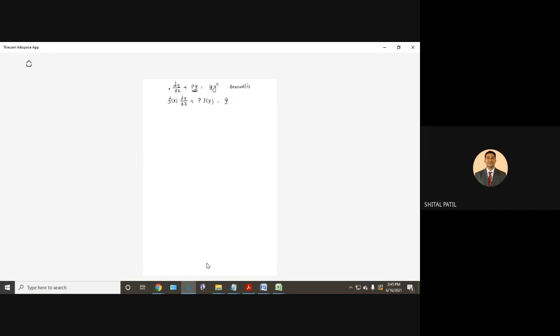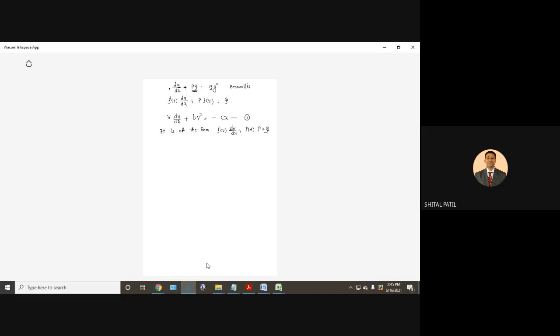If I make the rearrangement, it is like this: v dv by dx plus bv square equal to minus Cx. Right. It is of this type. It is of the form f dash of v dv by dx plus f of v P equal to